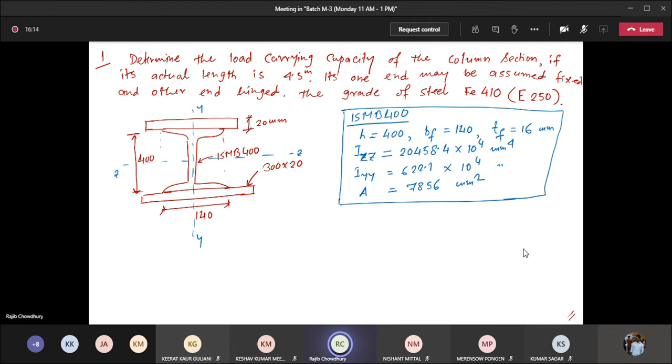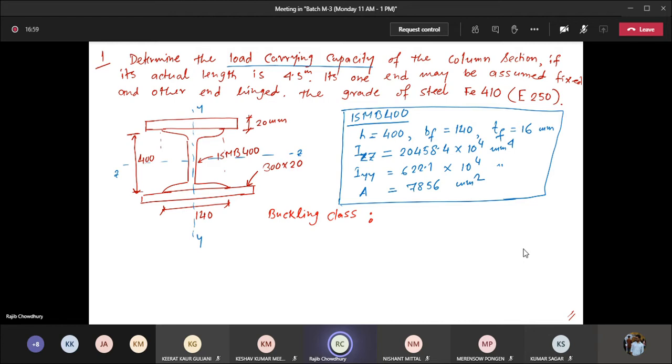Now, if we want to find out the load carrying capacity, ideally what is required is about which axis the section is going to get buckled, or say about which plane the section is going to bend. Okay. So in that particular context, what we require, the next phase of data is called the buckling class. Okay, so where from we would get this buckling class data? Buckling class data, again, it has been given.